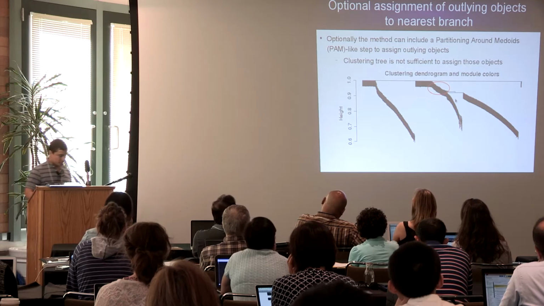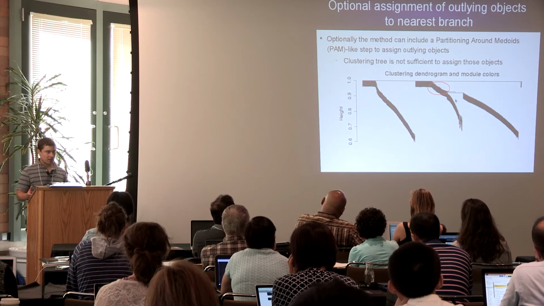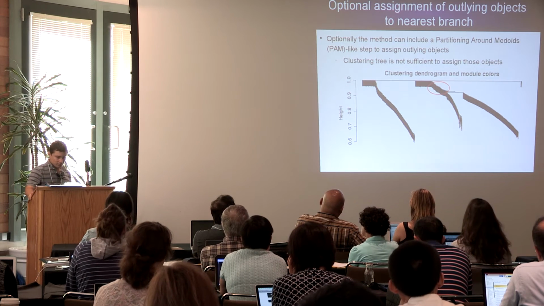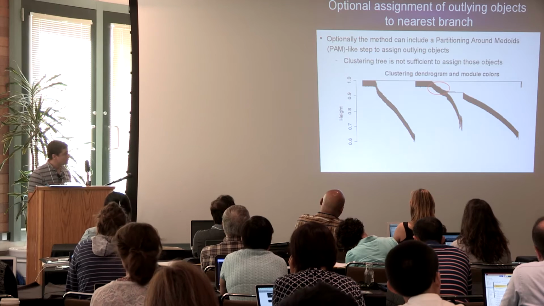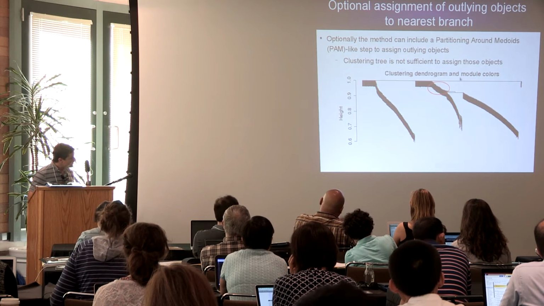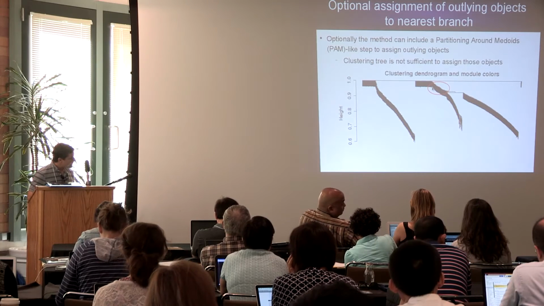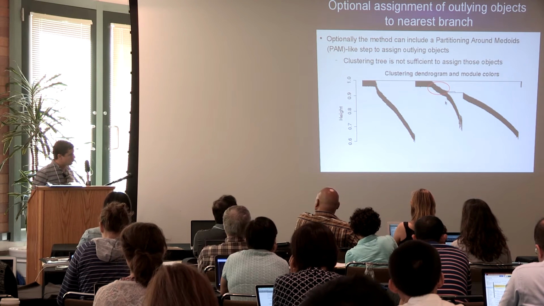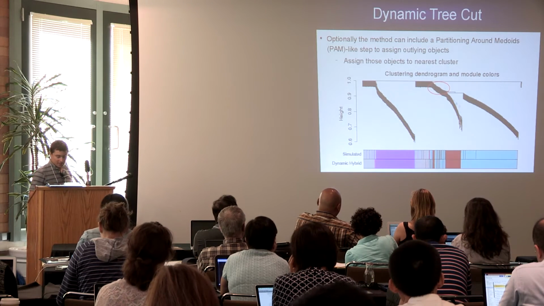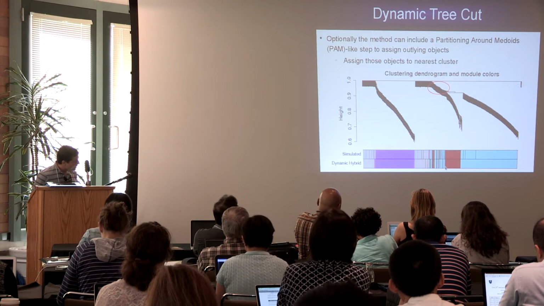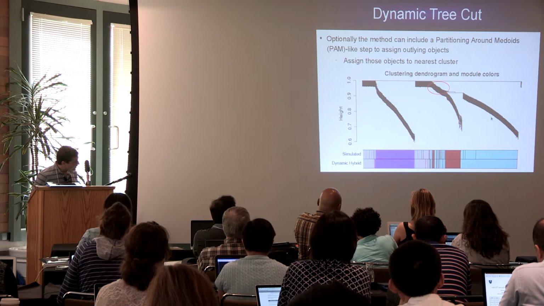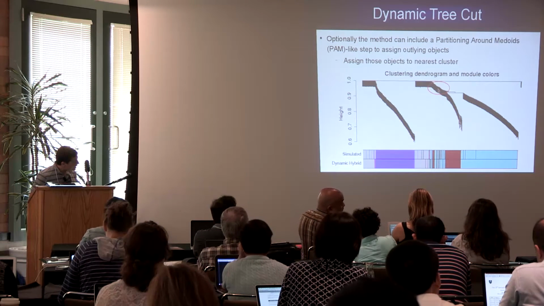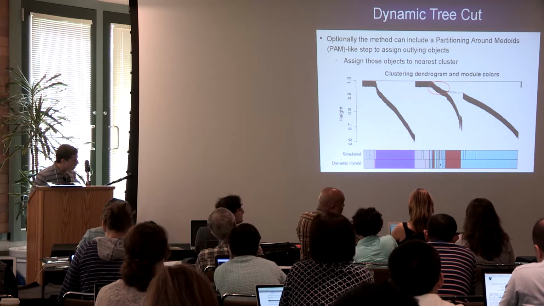So the tree basically doesn't tell you where the object should go, and therefore we implemented an optional step that looks at each of these objects and looks at which cluster it is closer to, using the dissimilarity information that's the input for the clustering. And so what can happen is that, you can see here, this big branch is turquoise, this big branch here is brown, and the objects above that merge are kind of one here, one there, one here, one there,